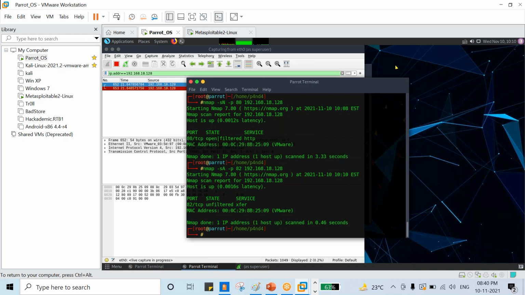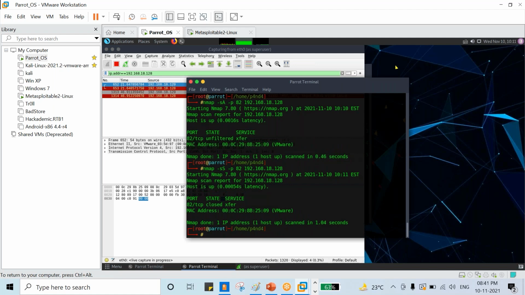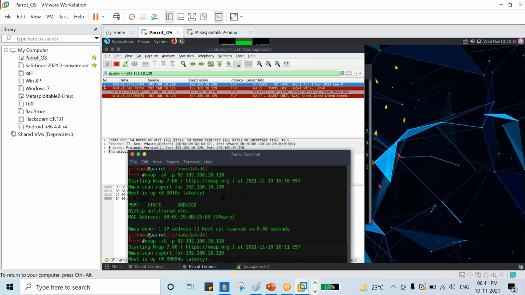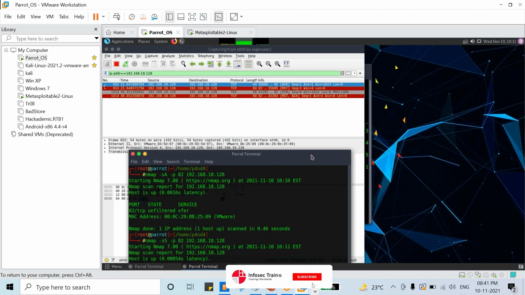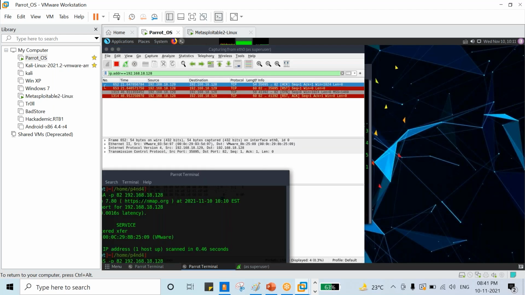And you can do one more scan, -sS, the stealth scan. I'm just hitting enter. You can see on the Wireshark again we got a reset flag. We have not changed the port number 80.